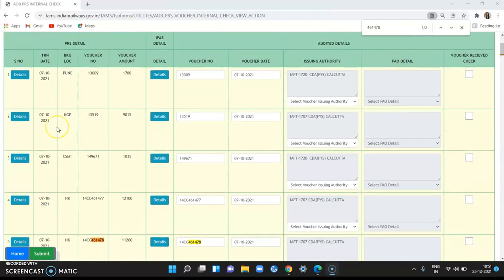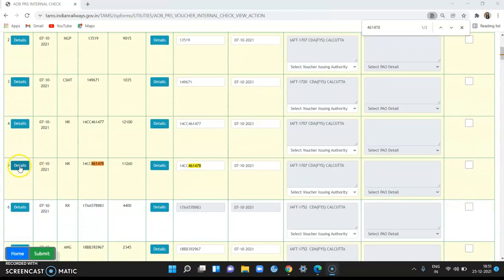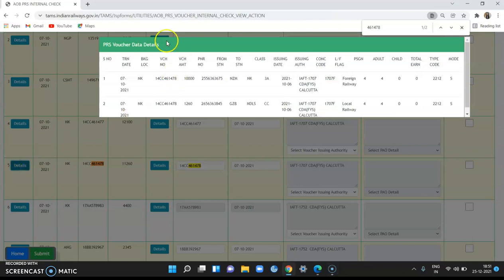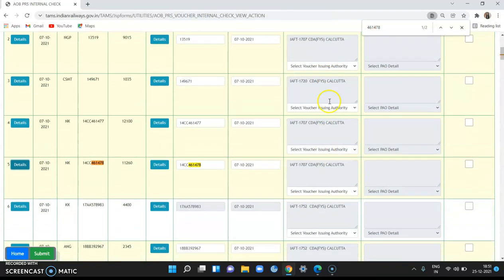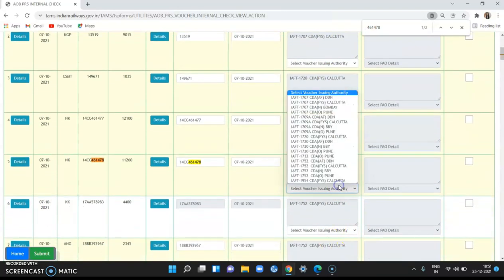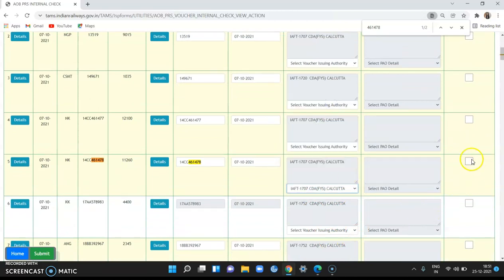Then click on PRS detail button. You will see the PRS voucher data details which need to be matched with physical voucher for internal check. The detail of PRS and voucher match, then select the correct issuing authority from the drop down and tick the box voucher received check.